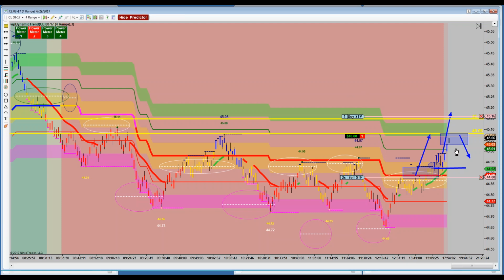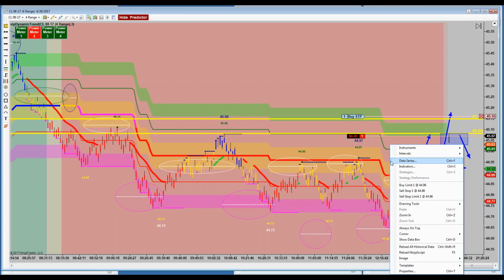If this does roll, the question is, where do we buy it back? In here. And we got to put a buy. We're going to take the sell order off. That didn't happen, right? We were already long from here, so we already got a profitable trade out of this. It didn't make much. I think that was 6, 7, 8 ticks. It wasn't much, but it was a profitable trade, right? So we're looking for a rollover. Where do we want to buy it back if it rolls and comes back to us?